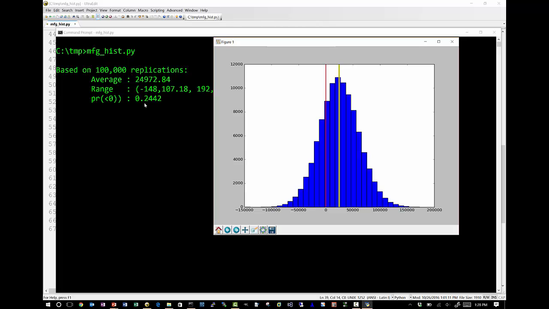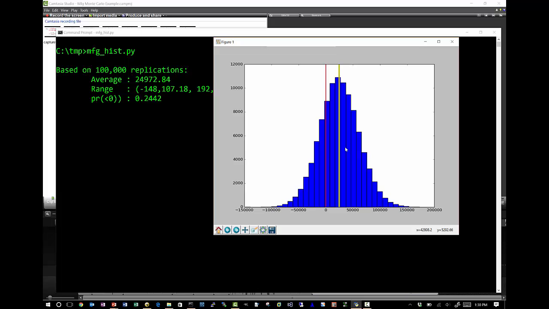And we look at this probability of losing money of approximately 24.4%. That's roughly this area to the left of the 0 line. So if I could integrate this distribution somehow from negative infinity to 0, this area here would be 24.42%. So from a decision-making perspective, in other words, whether or not I should make this product in this case,